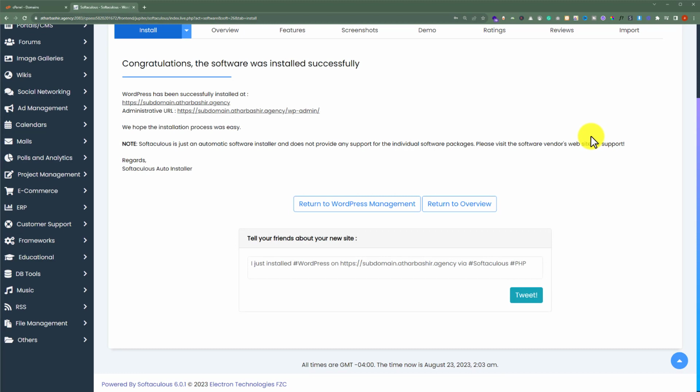So now we have successfully installed WordPress on our subdomain. So if you want to visit your website, then you can click on this first link. And if you want to log into your WordPress website dashboard, then click on this second link, and in this way you will be redirected to your WordPress website dashboard. So this is how you can create